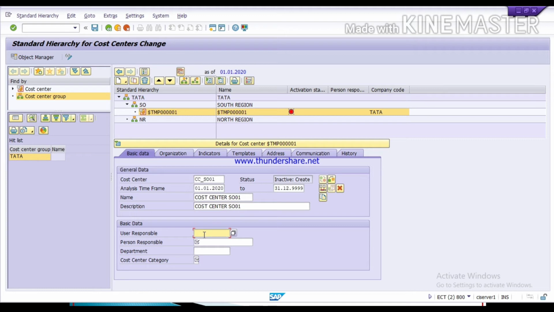And here you have to mention the responsible user ID, whom you want to contact, or you can mail any query, any message. So here maintain the user ID, and here you can give the name for a responsible person.